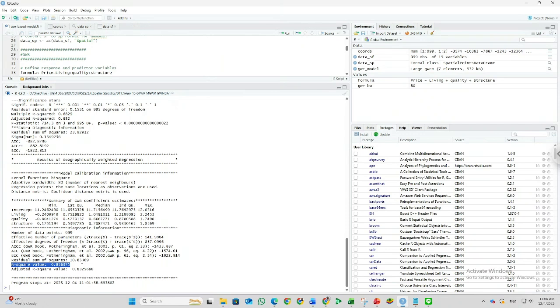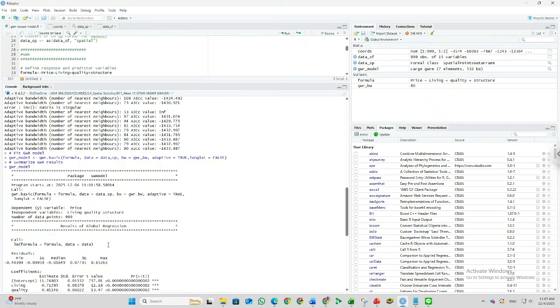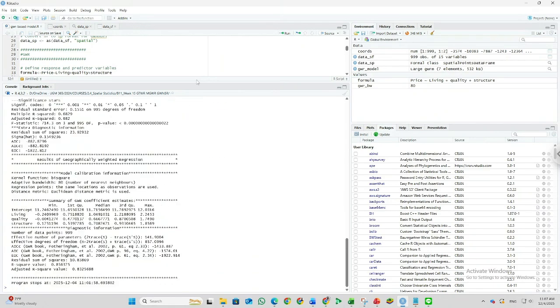So this is good news for using the GWR, because maybe we have the best fitting across the study area. And we also get the AIC and BIC, which are also improved compared to the global regression. And this is the analysis of the GWR.